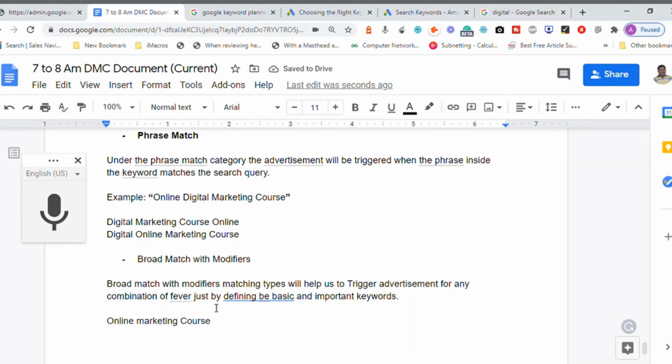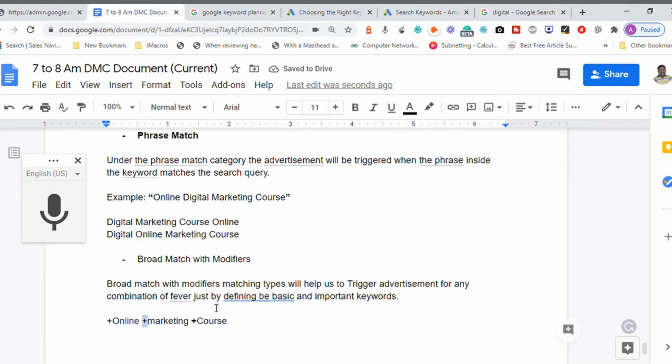This is broad match. Now I just add one plus symbol before all the words: online, marketing and course. I add the plus symbol before the words, which means this matching type is called a broad match with modifiers. So this plus symbol is called the modifier.